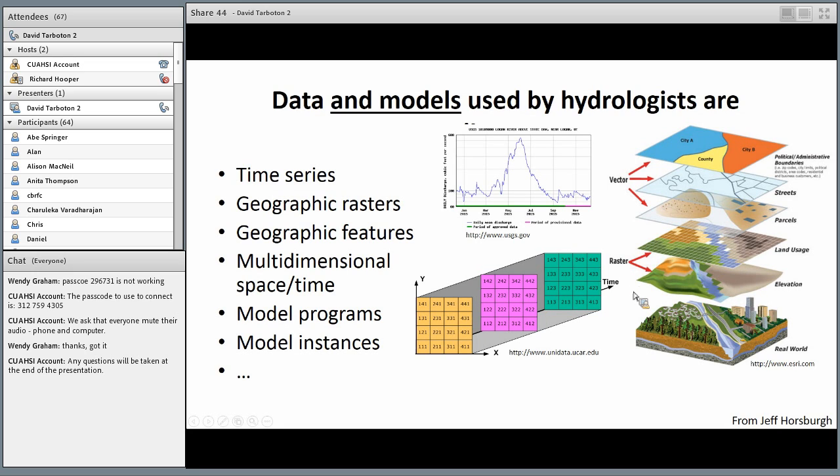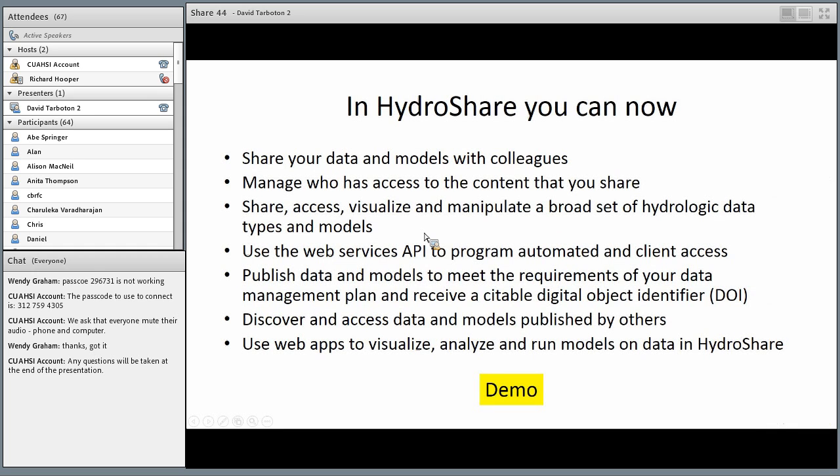Then you also might want to have the complete code, and maybe even the executable for a hydrologic model, and what we refer to as a model instance, which is the model program plus the input files and the output files for its application at a particular site. So in HydroShare, you can right now go and share your data and models with colleagues. You can manage who has access to the content that you share. You can visualize and manipulate